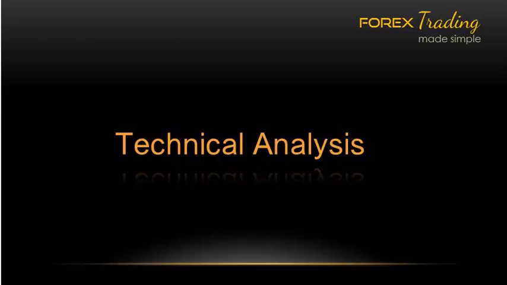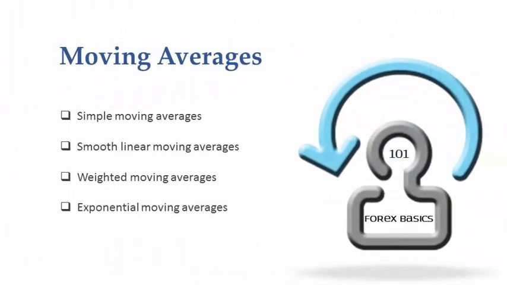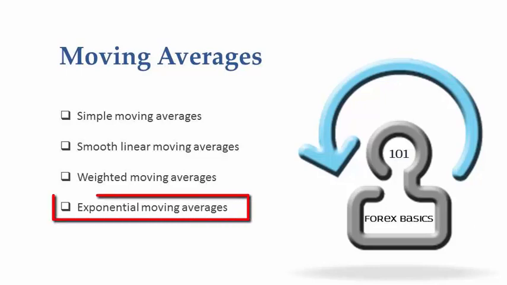In this section, we're going to go a little deeper by selecting and using technical indicators. So we're going to start out with moving averages. Moving averages are easy, simple, and straightforward to use, and are probably the most powerful trend following tools available. There are 4 different types of moving averages. It's the simple moving average, then there's the smooth linear moving average, the weighted moving average, and then we have the exponential moving average. But for this session, we're going to work in isolation mode and use only the exponential